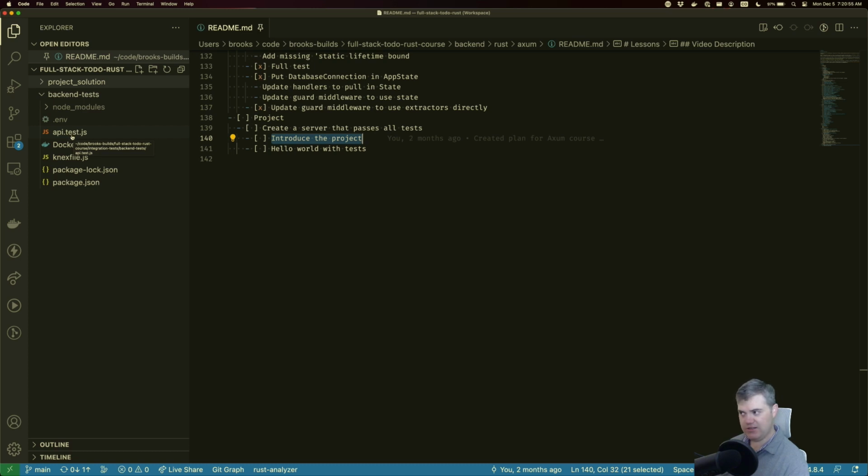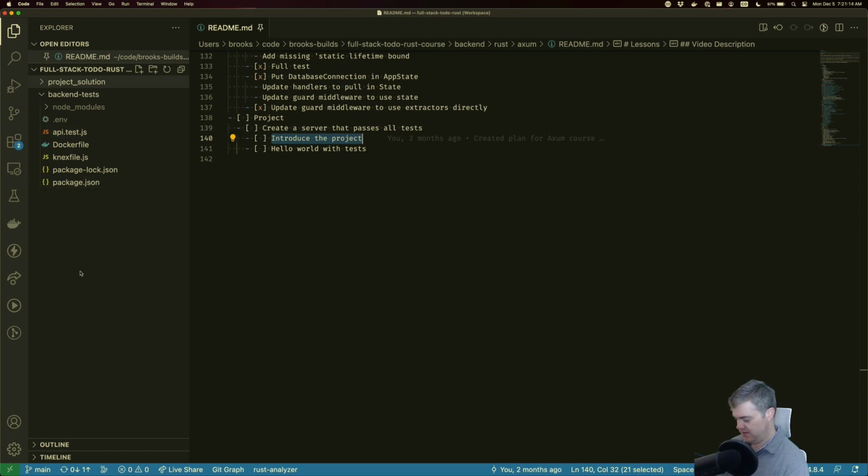And is there anything else that we want to do? I guess I also do want to show off starting the backend server with Docker,